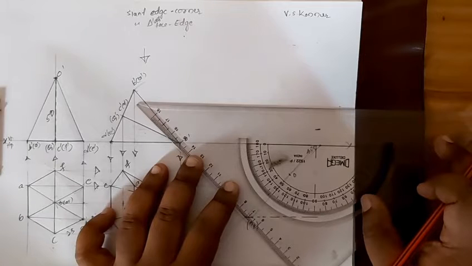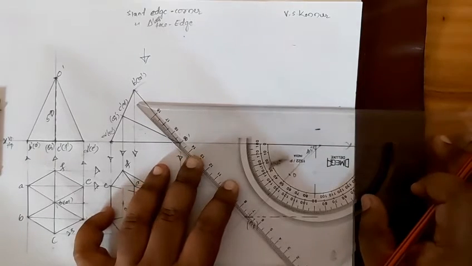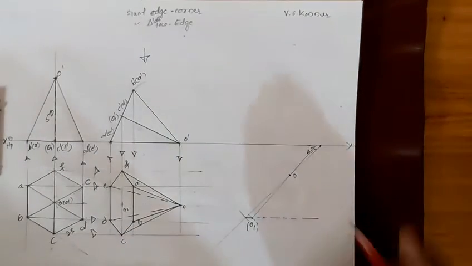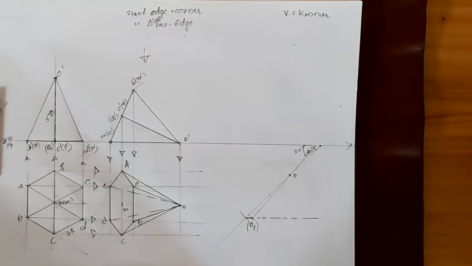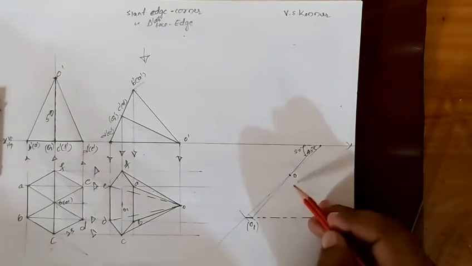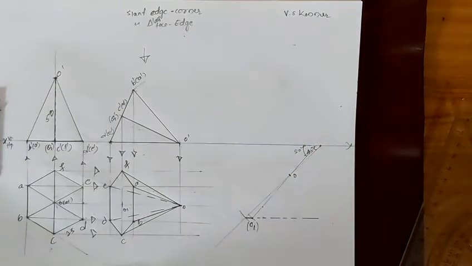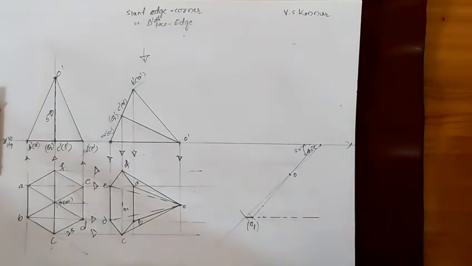Right. Exactly 50 degree we got. We should get 50 degree. Sometimes there may be error, because of that we may not get 50 degree. Now we should construct on the O1 line. On that line we have to construct the 50 degree line, and on the 50 degree line we have to construct this second position. O1 is there.